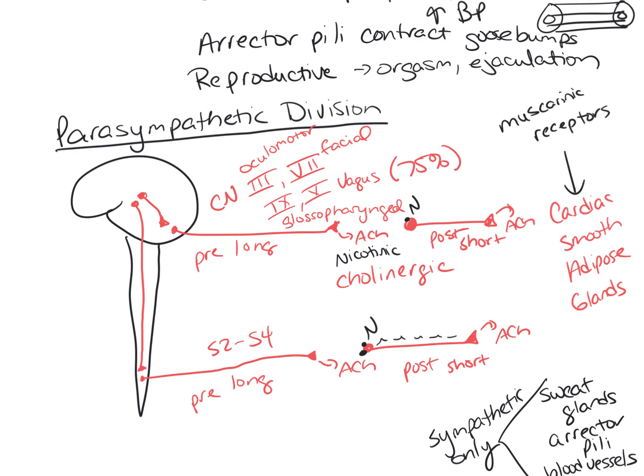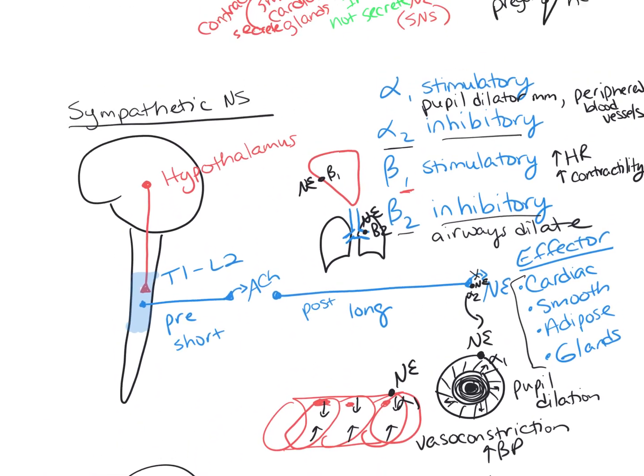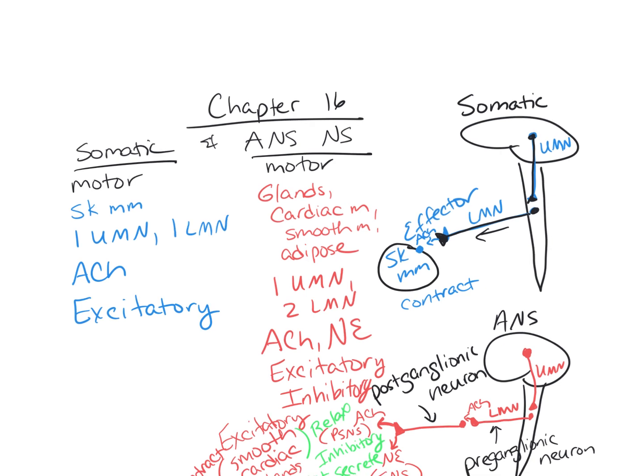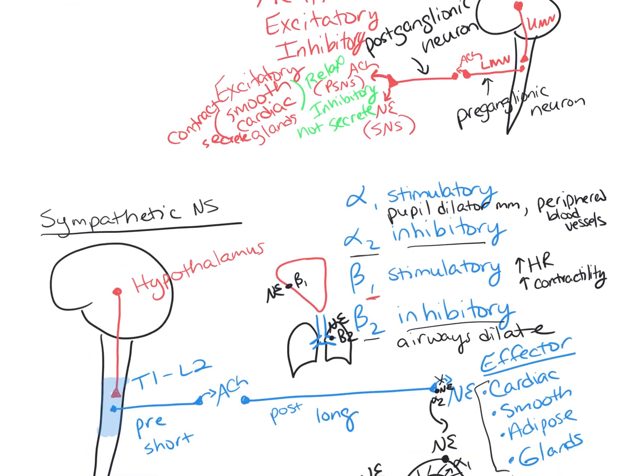We also find nicotinic receptors in the somatic nervous system at the neuromuscular junction. So in the somatic nervous system here, when acetylcholine is released and it binds to that skeletal muscle, the receptor is nicotinic. All right, so we do find nicotinic receptors in the somatic nervous system. All right, so we'll go back down